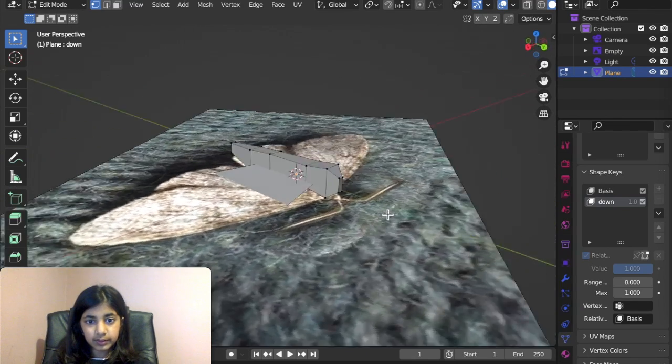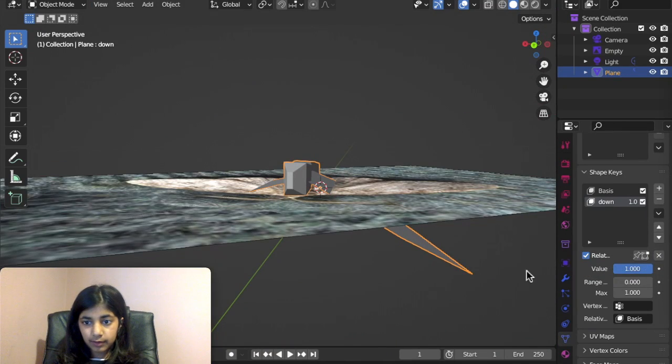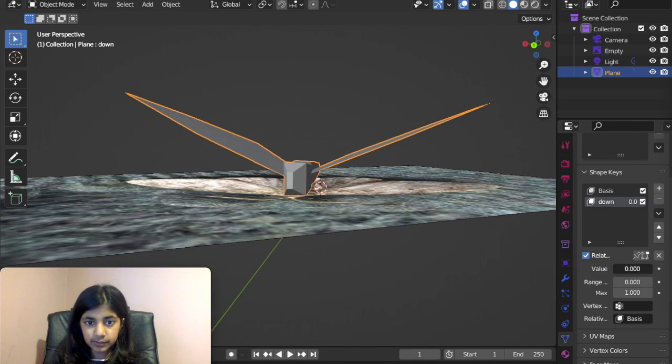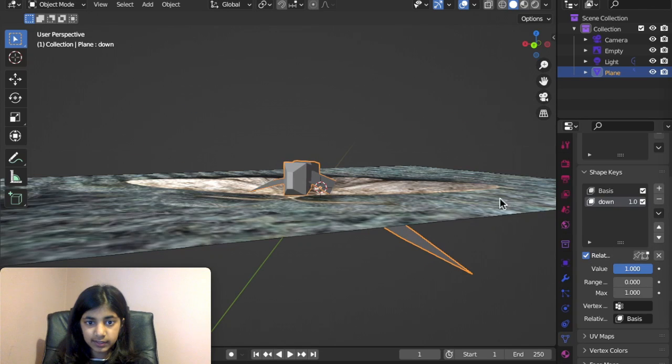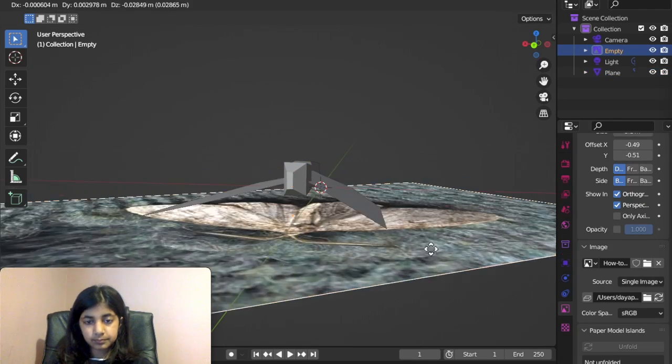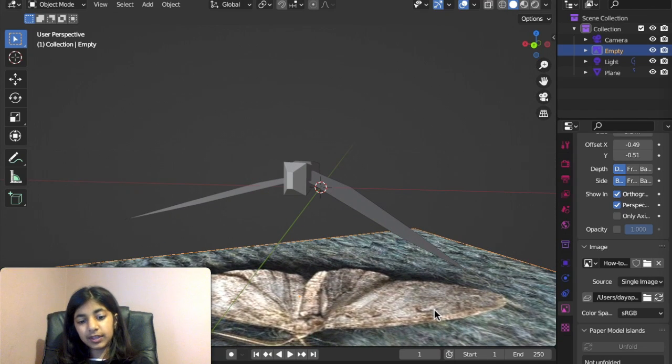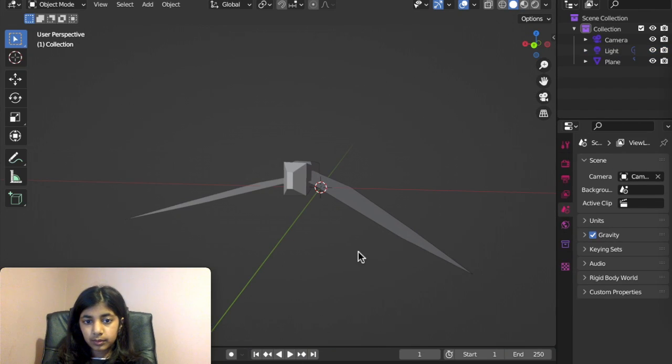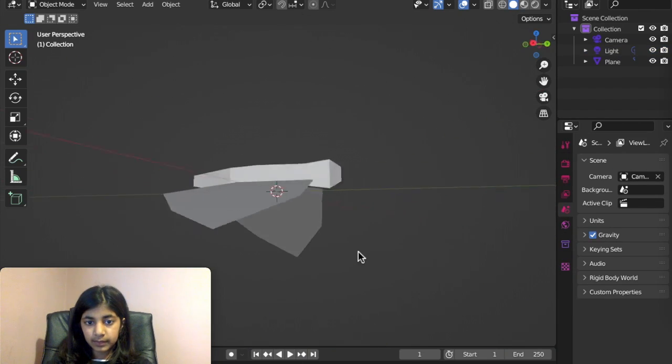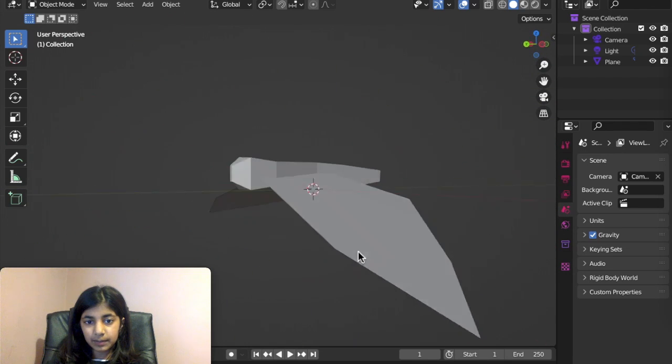So now you've got the wings down position. And now if you can see, if you turn it from 0 to 1, it'll basically be flat wings. You can get rid of this. You can get rid of the line. So now as you see, you've got a basic moth,